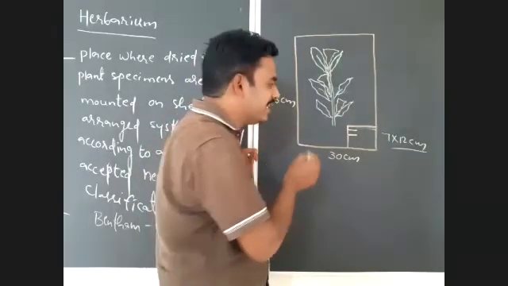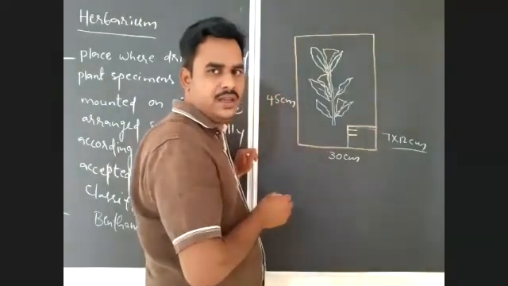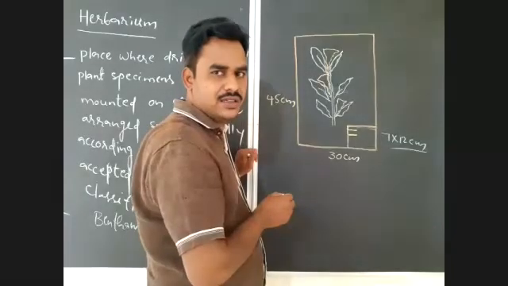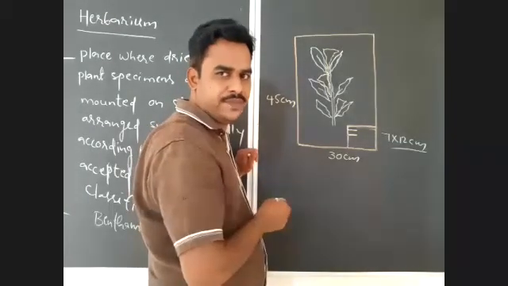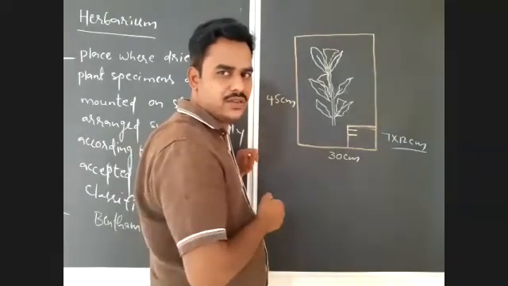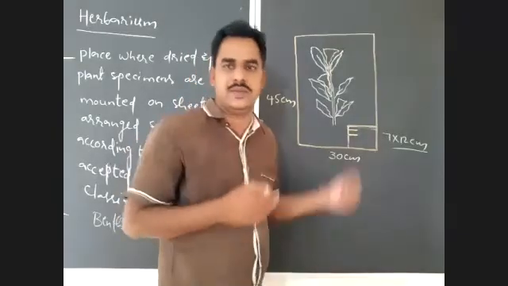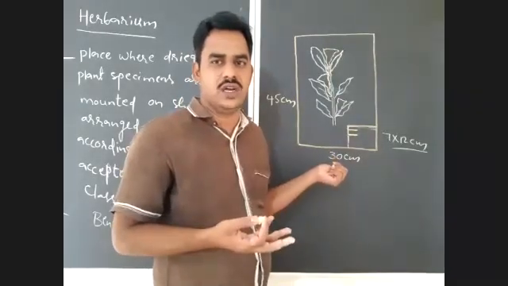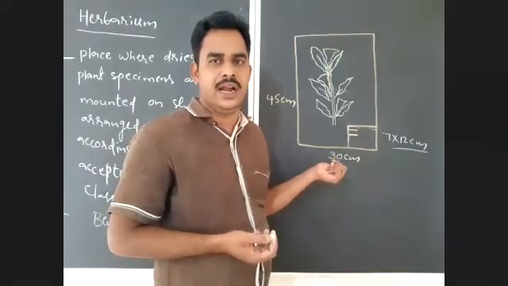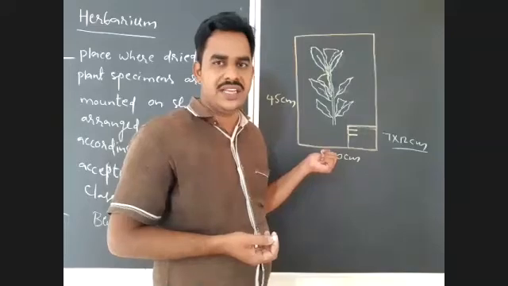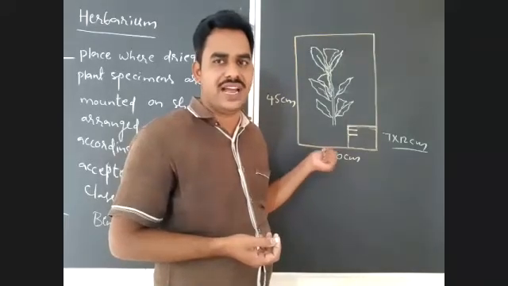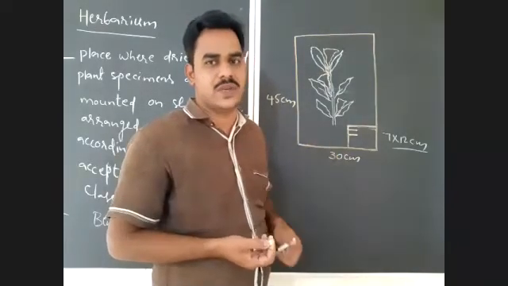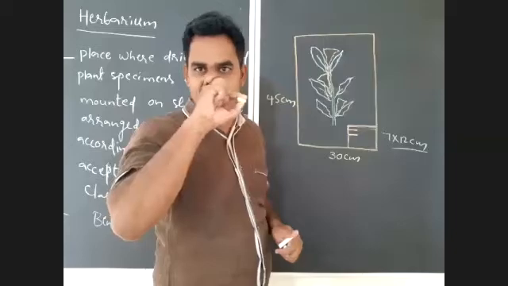And after that, the classification by using 7 obligatory categories. You have to write the classification. To which kingdom does it belong? It is plant, there is no doubt it belongs to kingdom Plantae. And after that, what is the division? What is the class? What is the order? What is the family? And what is the genus and species? So all the details of that.